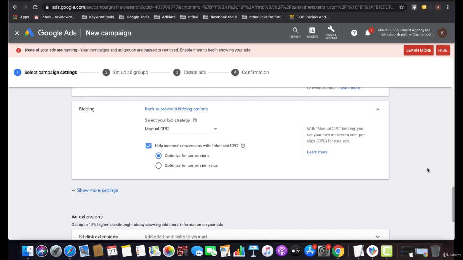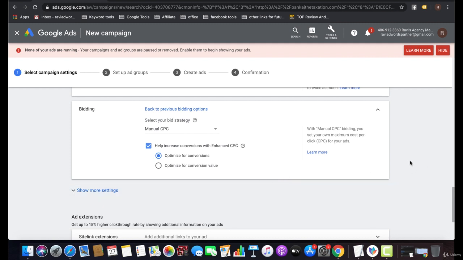After selecting manual CPC, you have to set the bid for each keyword or all types of keywords on your own. That means you are not handing control to the Google algorithm, Google AI.